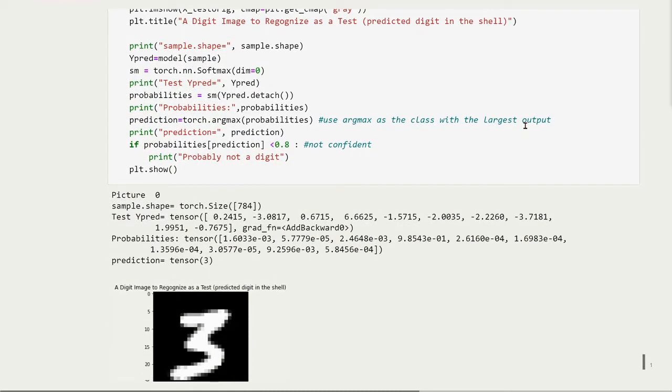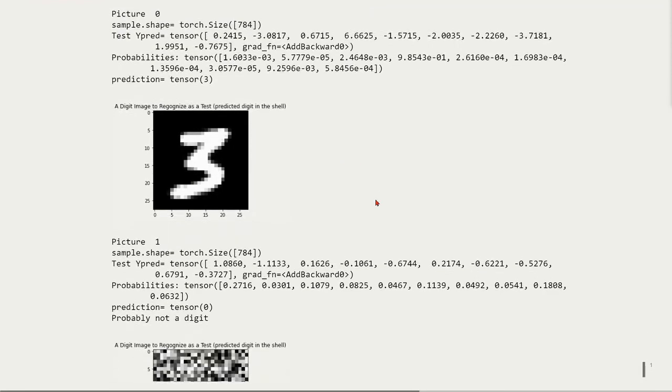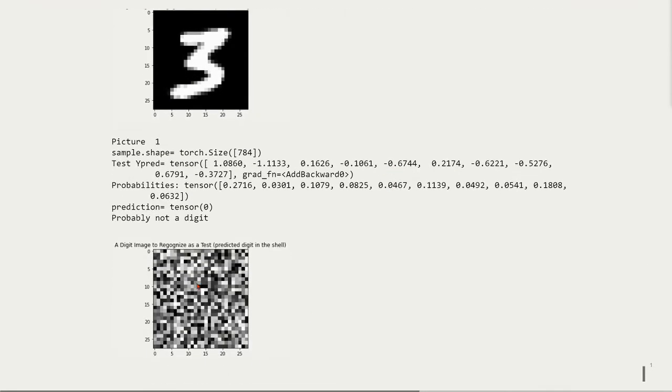So for the first picture, it's an image from the data set. It's a 3, and the prediction is correct, 3. But the second picture is an image that we cannot see, it's random numbers, but the model thinks it's a 0. So here we have the output, the predictions, and here what we did, we use a softmax function